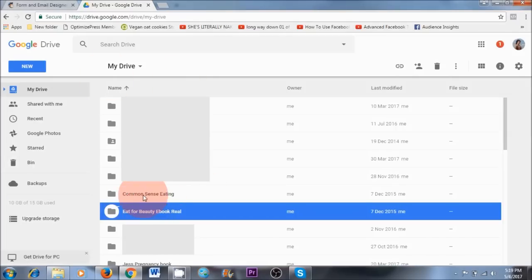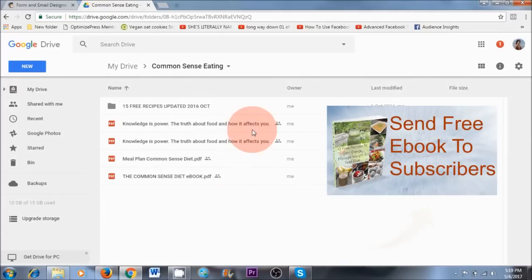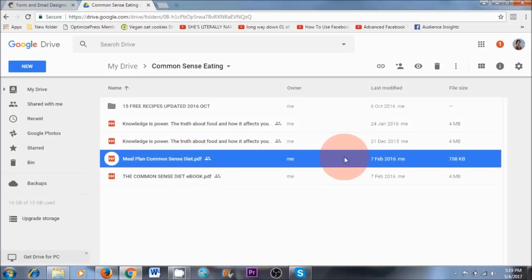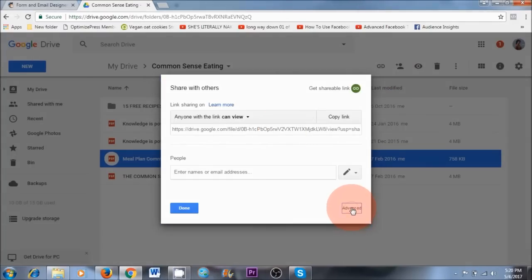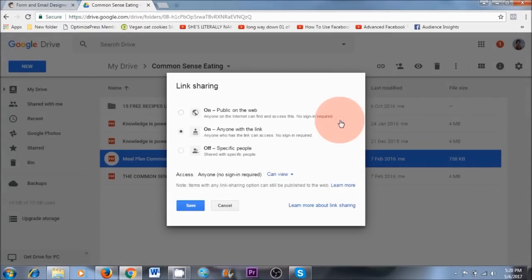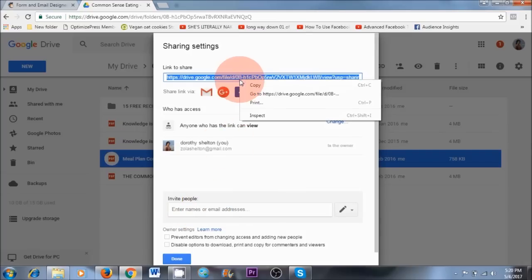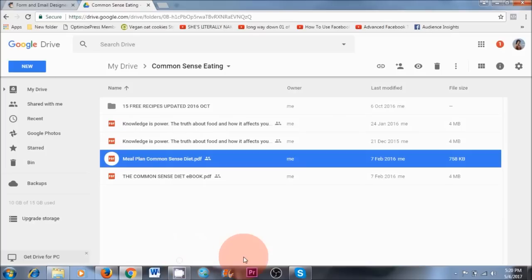So here it is. I've actually created a detailed tutorial on how to upload files onto your Google Drive account and how to share it. So if you're interested, then I will link that tutorial down below. What I need to do is select the file, then click on this man with the plus sign up here. All you need to do is click on Advanced, Change here, and this is where you can select the different sharing options. So I've selected anyone with the link, save, and then you can copy this link, click on Done,